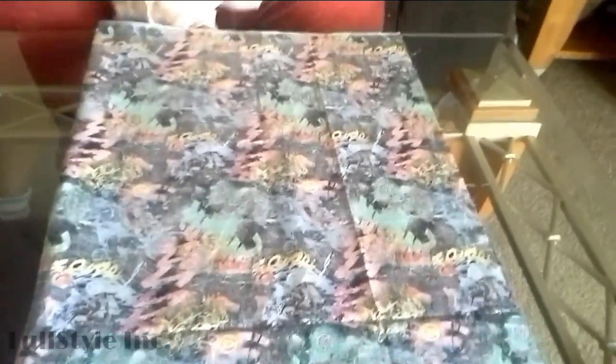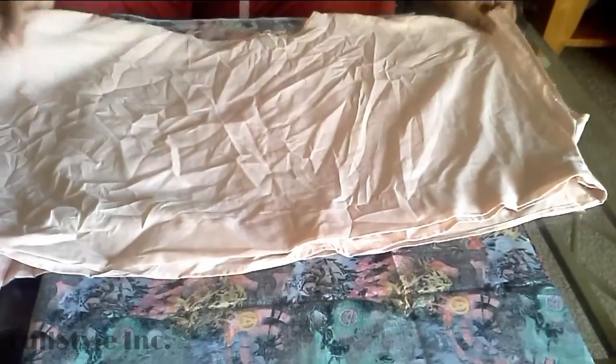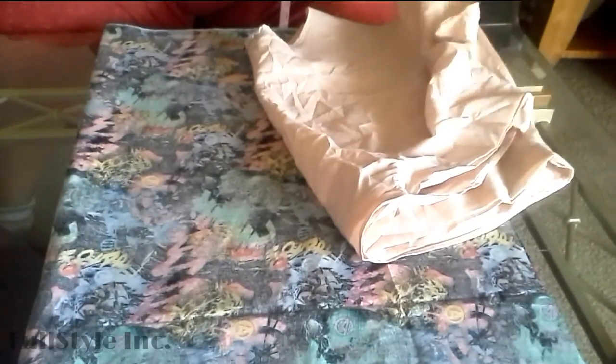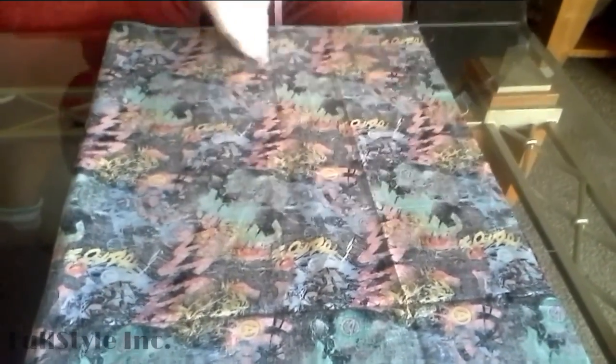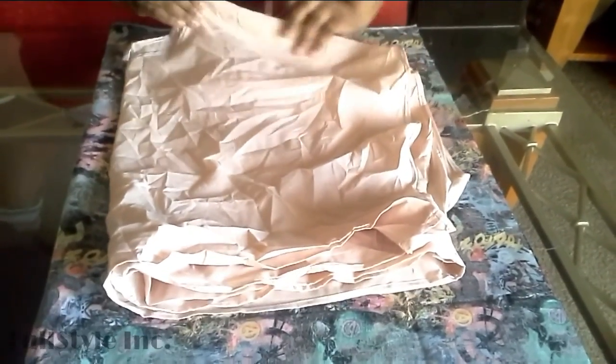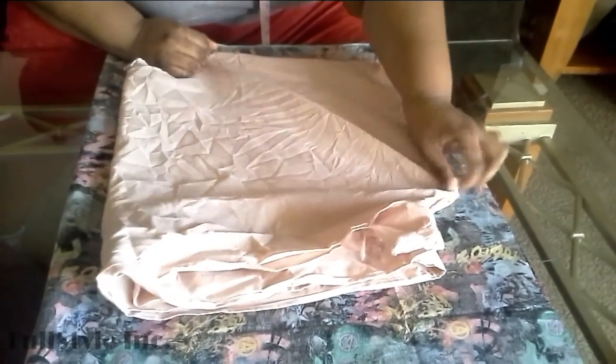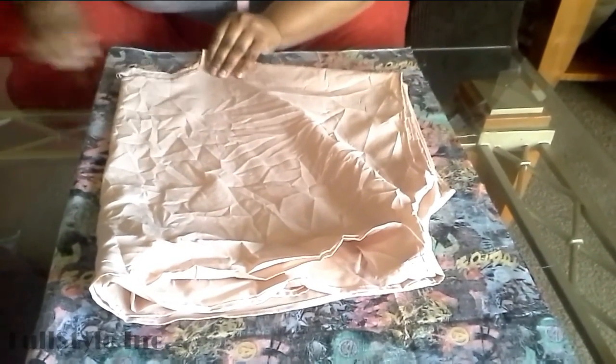Again, you want to start by folding your fabric in half, right sides facing together, so that means wrong side facing up. This style is by far the easiest of them all, which is why I've done it last. You want to take an old tee or crop top that fits you well, fold that in half, use a pin to secure it,